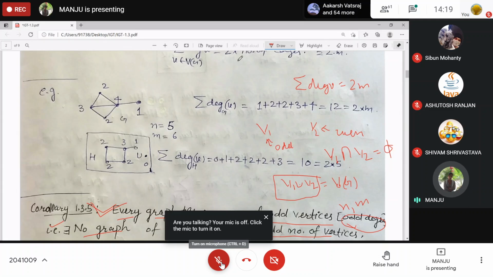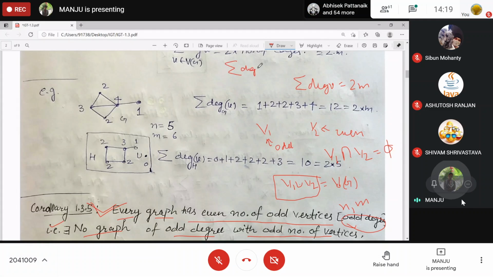By rearranging, the sum of degree of x for x in V1, all the odd degrees, plus the sum of degree of y for y in V2, all the even degrees, is equal to 2m.